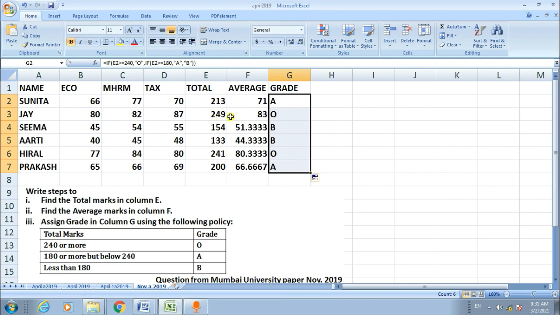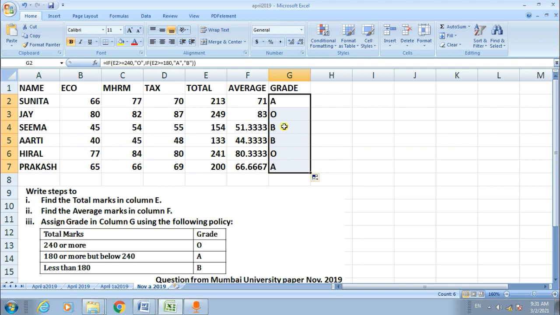See, 249 marks we get O grade. Then next, 241 marks, yes, O grade. The next is less than 180 marks, therefore B grade. So the solution of your question practically is over in our Excel software.